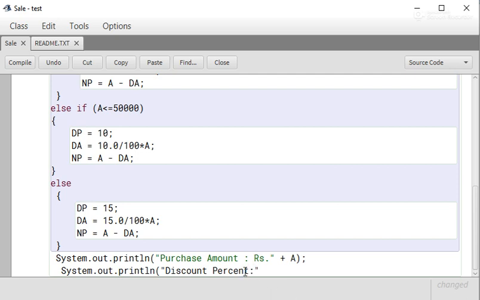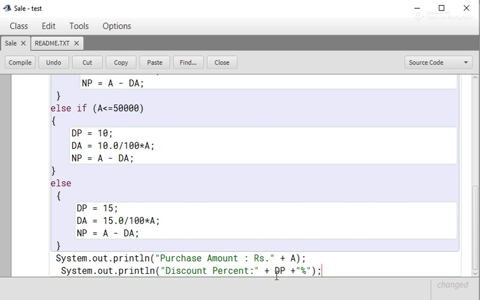Now discount percent is stored in DP, so right here DP. Now if you want to give a percentage sign at the end, then in inverted commas you can put the percentage sign also. Now give the semicolon.